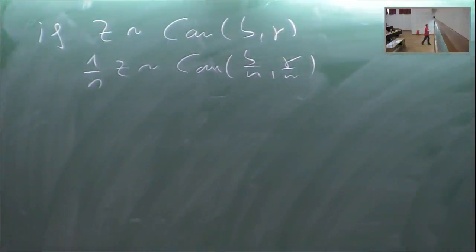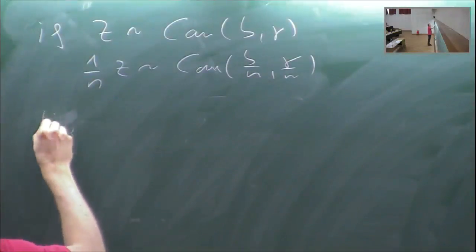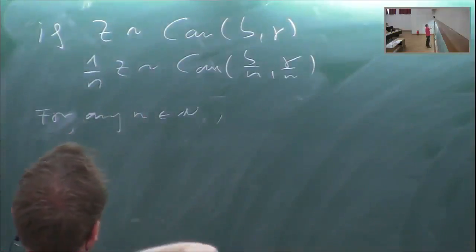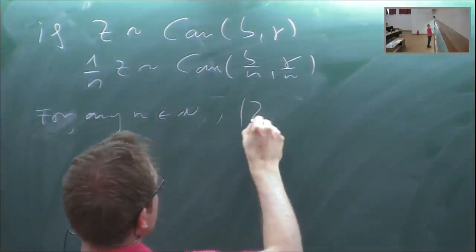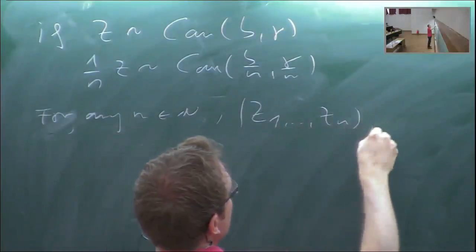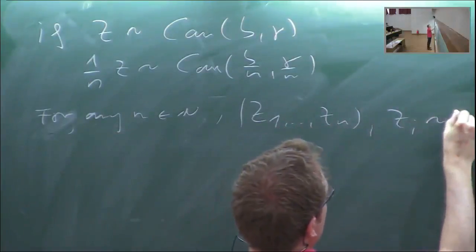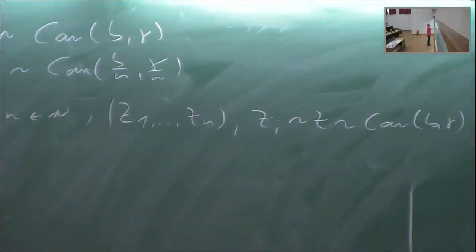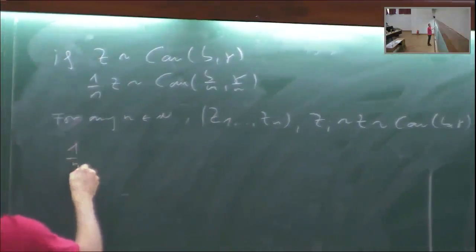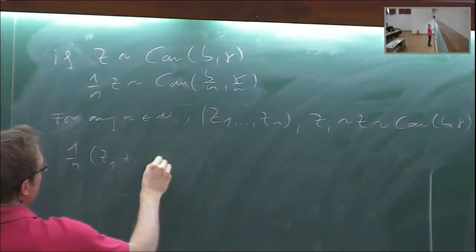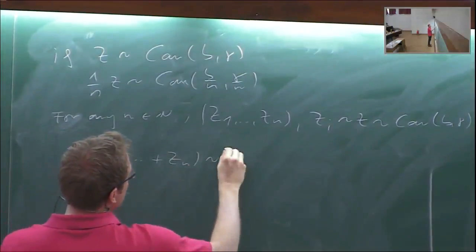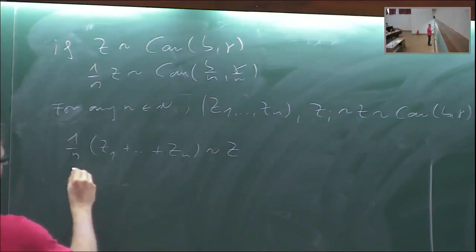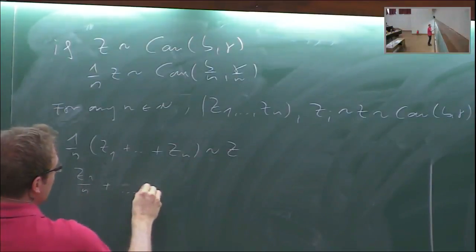So what this means is that if for any n we take n independent copies of the original random variable, zeta 1, ..., zeta n, zeta i distributed like Cauchy (b, gamma), then summing up these independent copies, we get 1 over n (zeta 1 plus ... plus zeta n) is distributed like zeta. So this means the things we sum up are actually zeta 1 divided by n plus ... plus zeta n